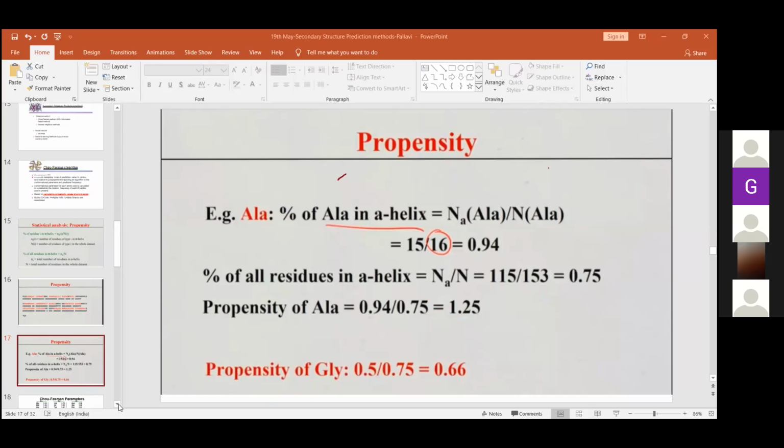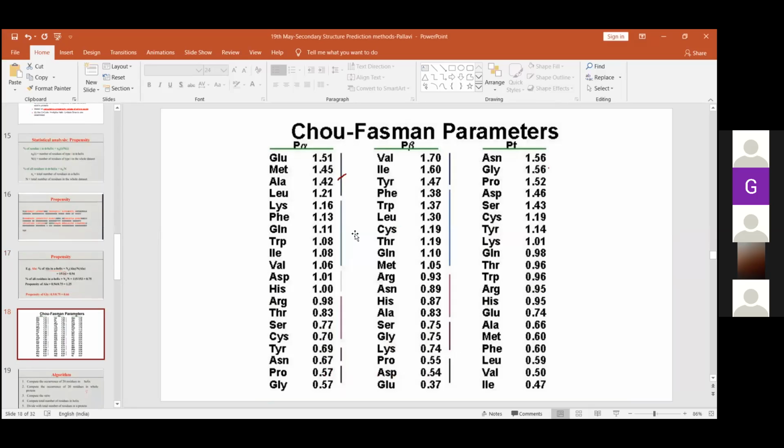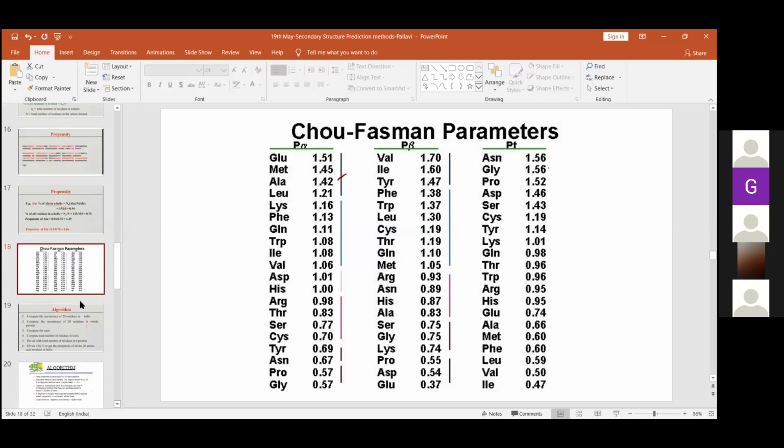After finding this, I am showing you the matrix which is made for all the amino acids. So you can see here, these are the Chow-Fasman parameters or the propensity values. Using the same formula as I told you in the last slide, all the amino acids have been scored for their propensity to be in alpha helical, beta sheets, and the turn form. तो हर एक अमाइनो एसिड के लिए, हर एक पोजीशन के लिए उसकी जो अलग अलग वैल्यूज हैं, अलग अलग सेकेंडरी स्ट्रक्चर में रहने के लिए वो निकाल ली. और ये निकालने के बाद now in Chow-Fasman we take a window size of 4.